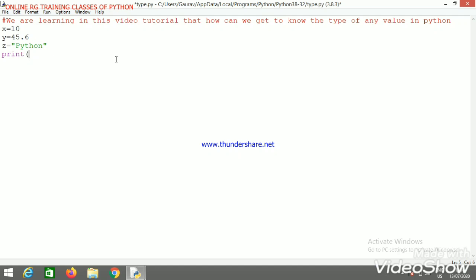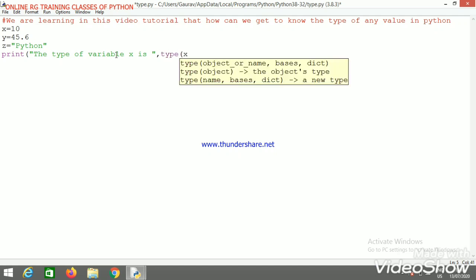So print the type of variable x is type(x).